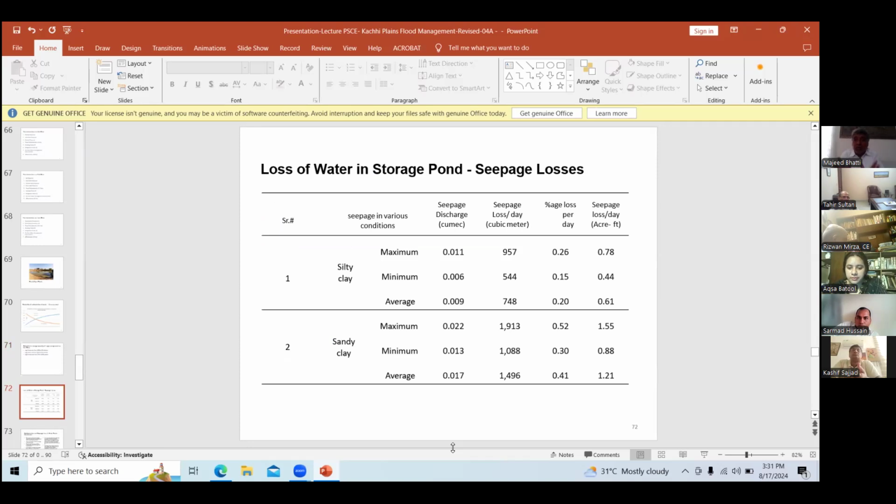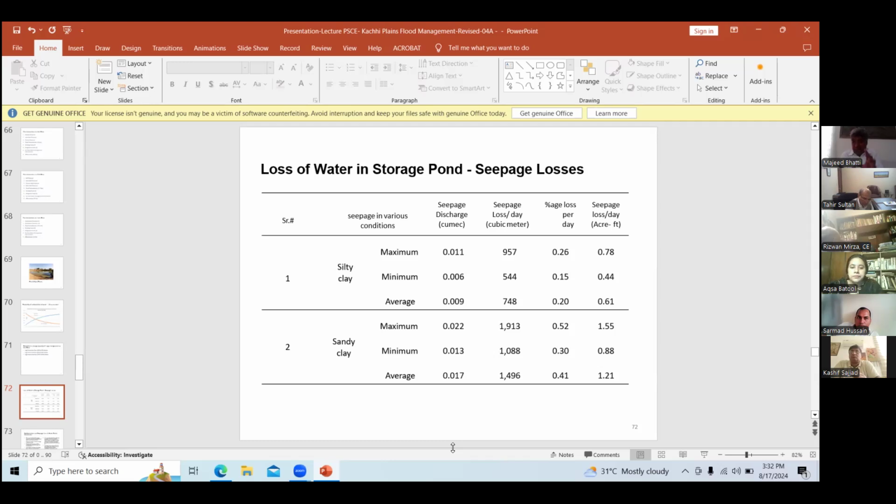You can see how it will be lost through seepage, because the World Bank asks us to kindly assess how much seepage will take place through these ponds. So we use Darcy's law for assessment of the seepage. You can see this through this table, and seepage discharge in cubics.